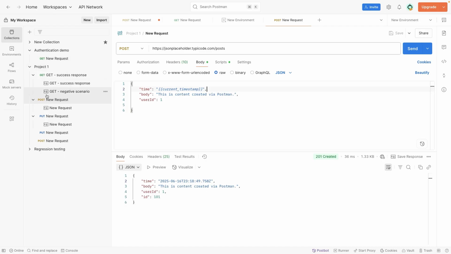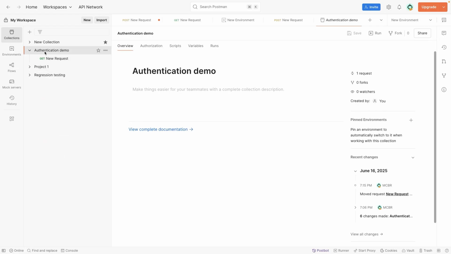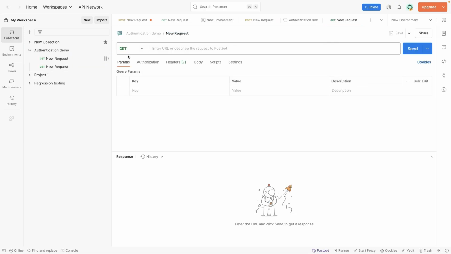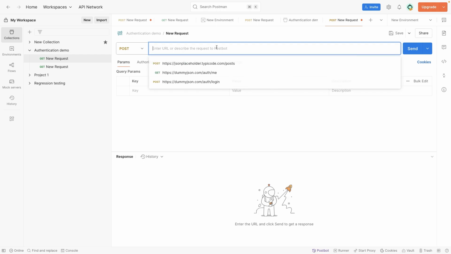First, let's create a new request. Let's create a new collection here and call it login, and we'll set a POST request with a login URL. This is a new request, and this is a POST. This request gets the token from the server. The endpoint for this URL is